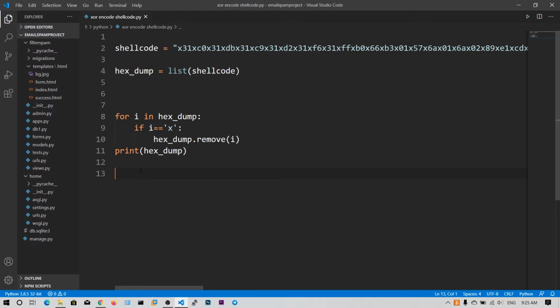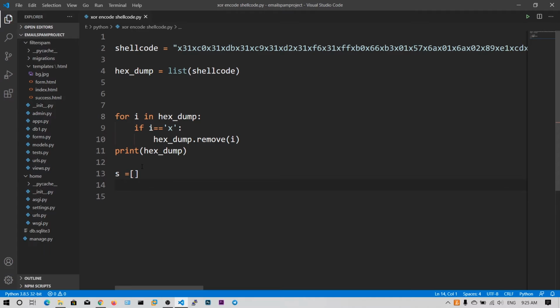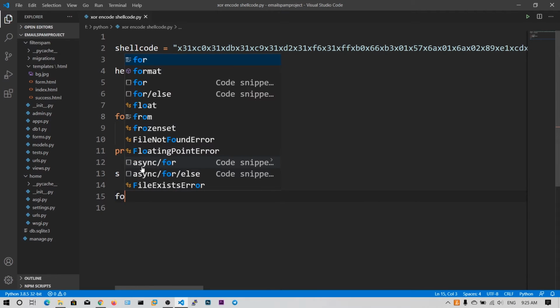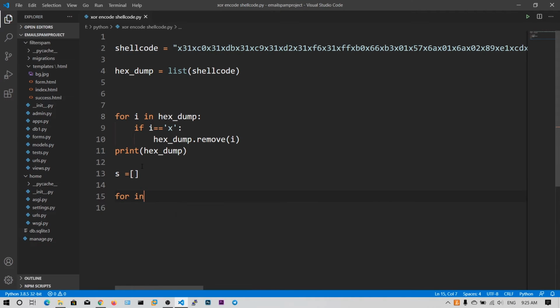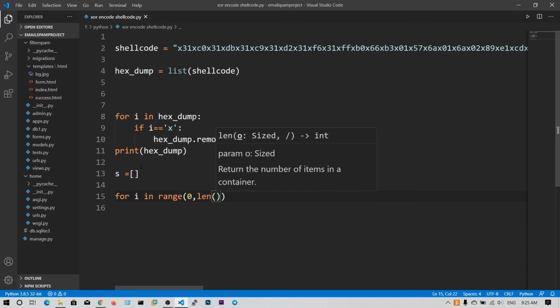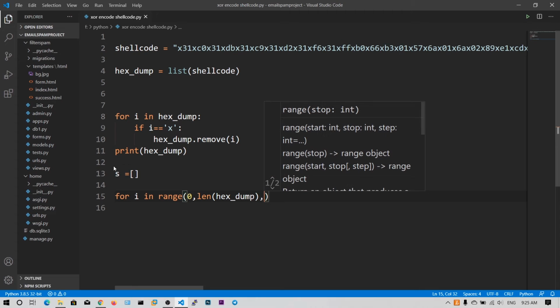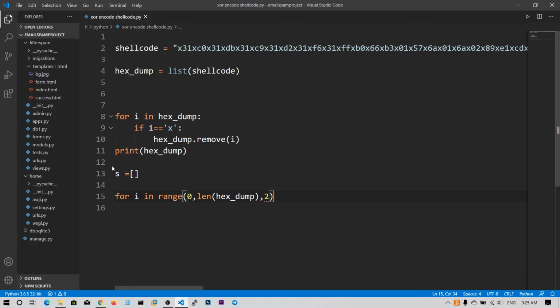To do that, let's take another list s, and we are going to loop with for i in range of 0 comma length of hex dump, and I will skip two characters because in one step I will append those two characters side by side.